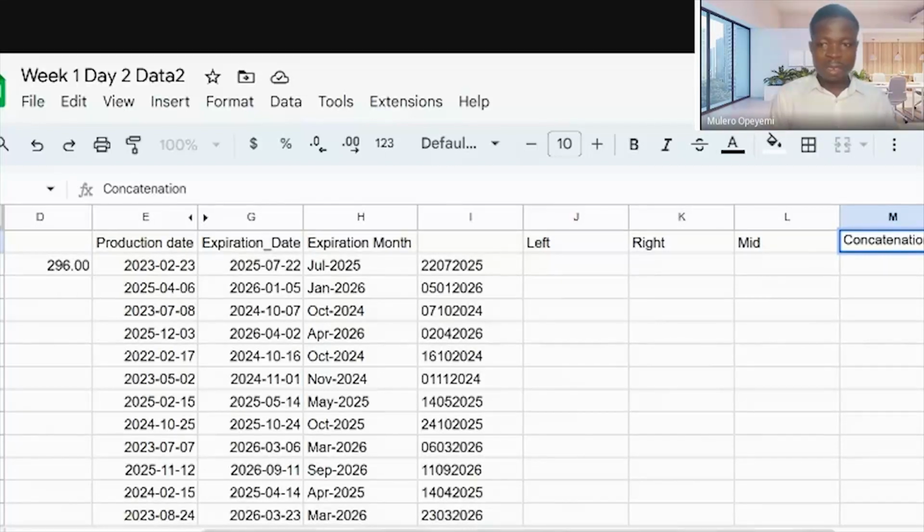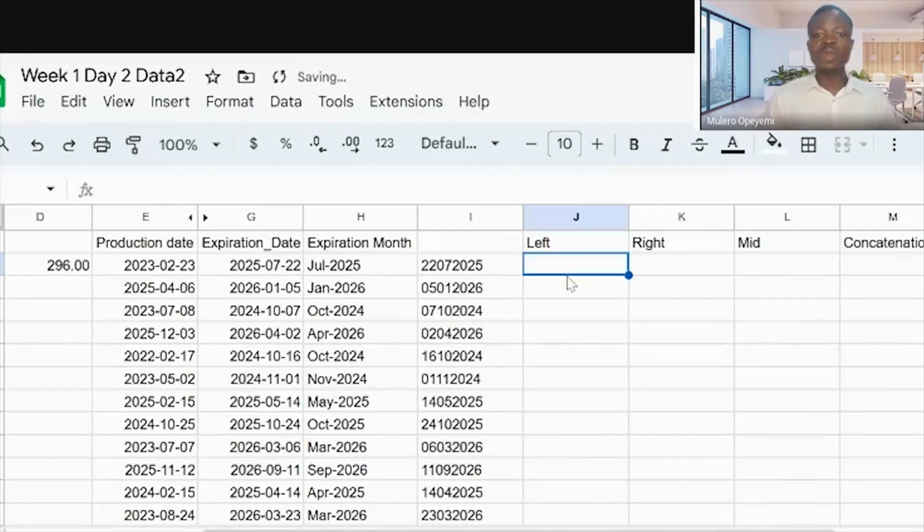Now, all of these functions that we're talking about are also applicable when you dive into more advanced languages like database administration, SQL, and all of those things. All of these things I'm talking about work pretty much the same way on those platforms.